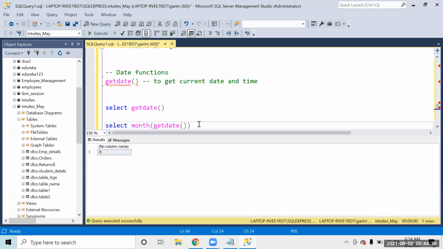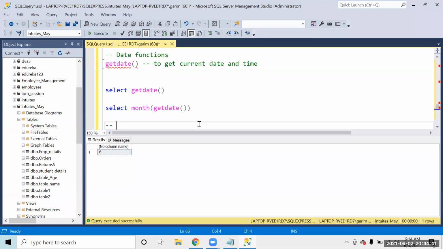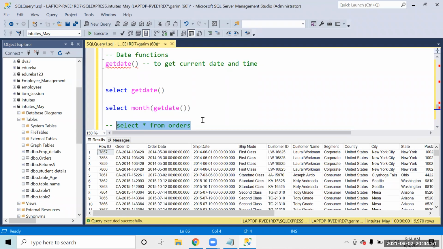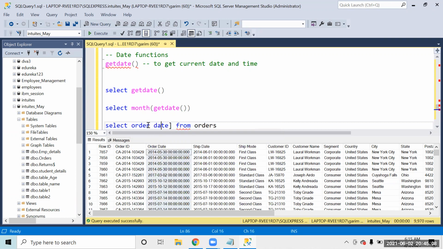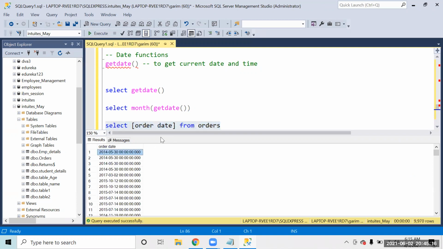So I would like to give you a very interesting question over here. You all have this data. So let's start from orders. If I execute this query, you get the data. Now just assume, just for this particular question, that this order date is a date of birth. Let's suppose I'm just picking select order date from this orders table. Let's just assume that this is the date of birth.